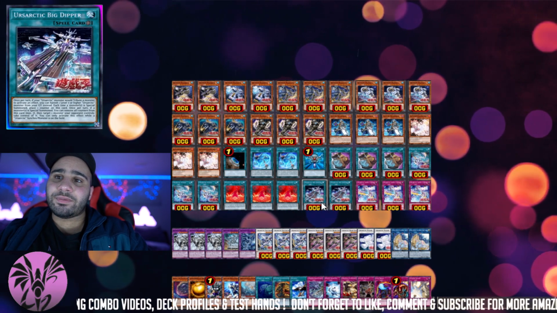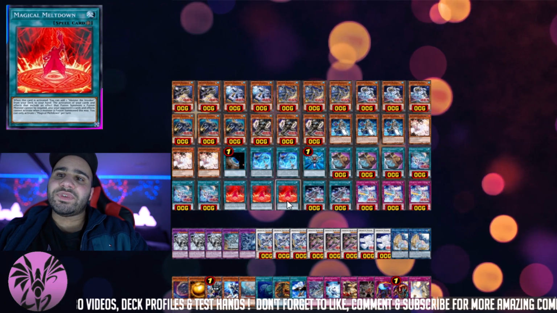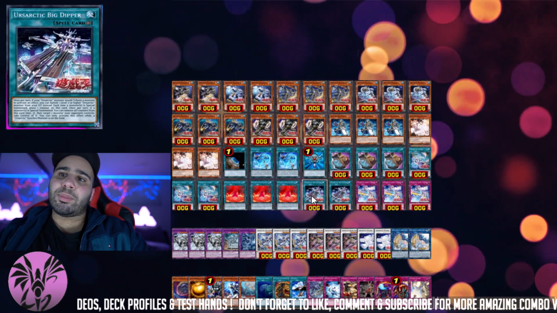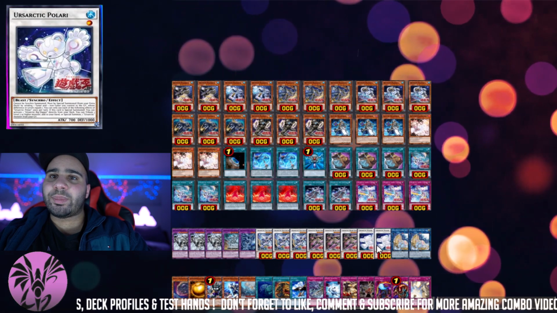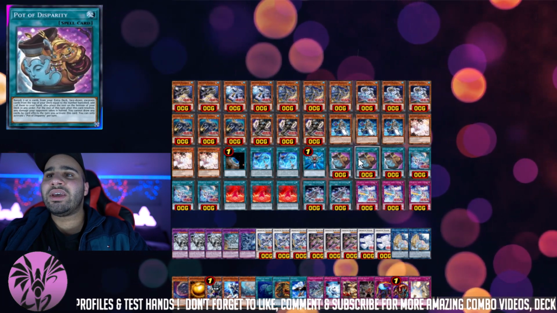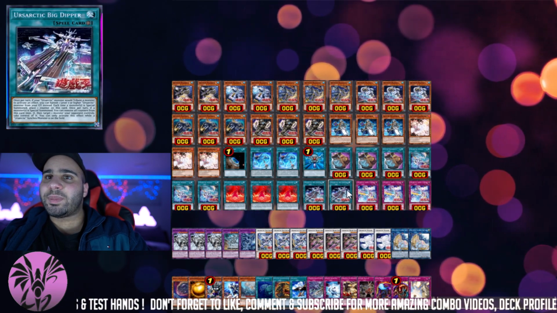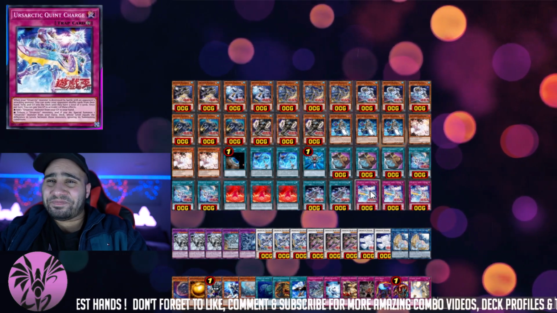We are always down for that, but the goal is to use Meltdown first and then activate Big Diaper on top of that. And your Big Diaper is also searchable by Winnie the Pooh, which is Polari. I'm going to go into the details after that. Anyways, 3 Disparity, of course, 3 Slider, whatever, 3 Meltdown, 2 with Big Diaper, and 3 Quincharge,